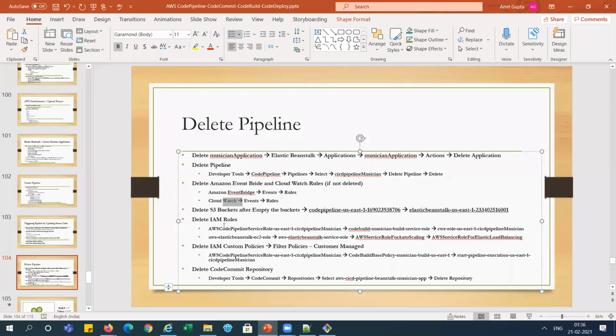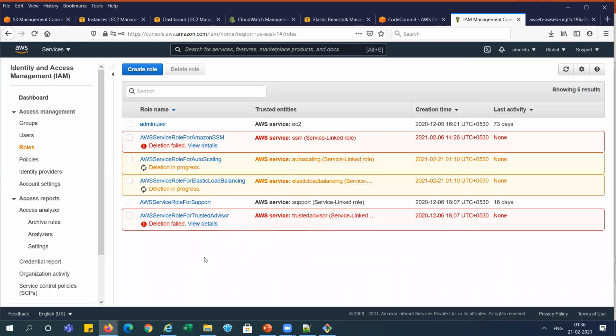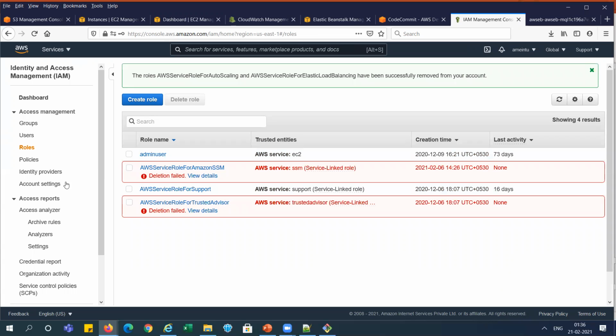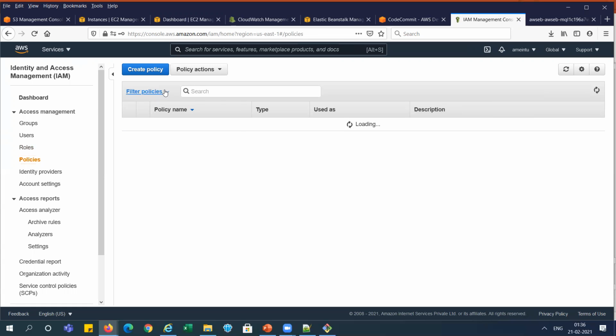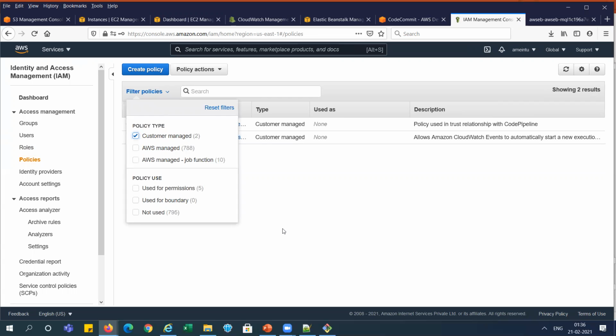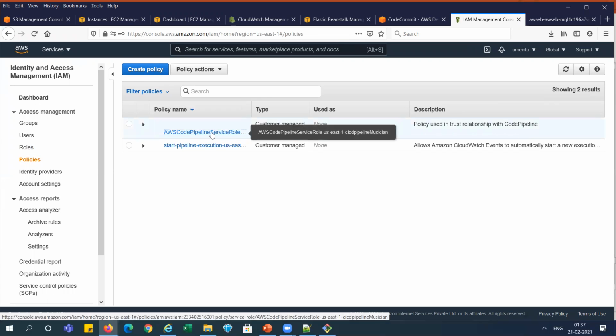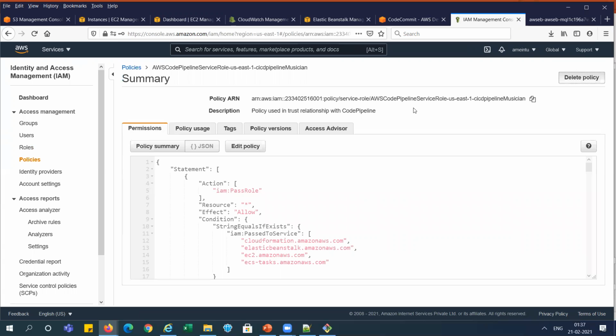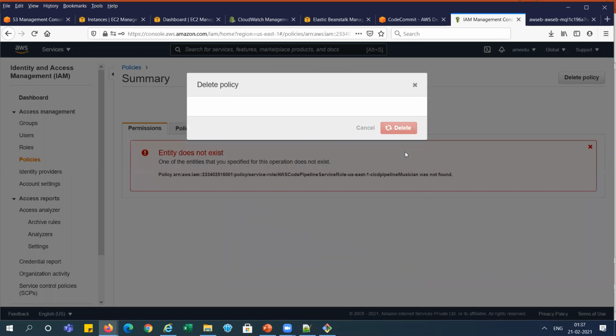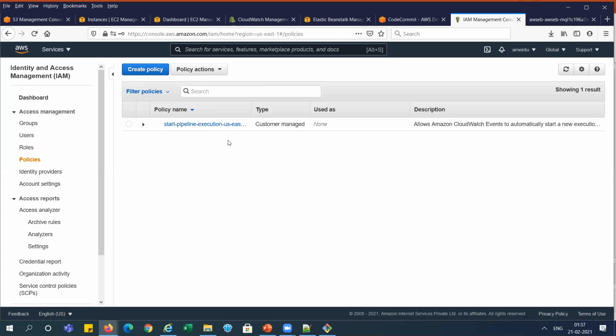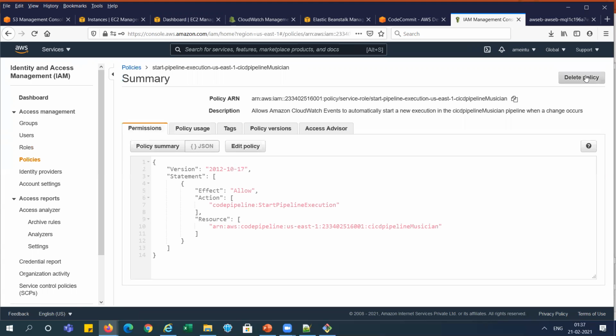Everything is mentioned here. You can see I've mentioned the IAM role here earlier, right? And after that, we need to check the policy. If any policy was created by the customer, then we need to delete it. It is deleted, right? Now go to the policy. Let me check the custom policy. Whether any customer managed policy is there or not. There are two policies created, right? So now go and delete this. Okay, now delete this one also.